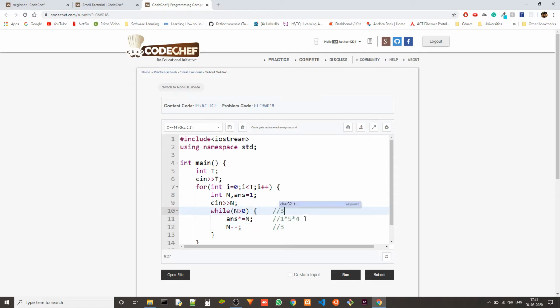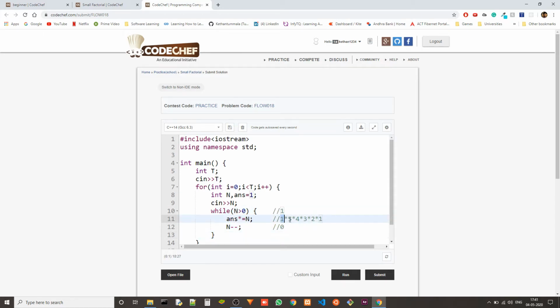Then this is 3, we multiply it with 3, this is 2, we multiply it with 2, and then this is 1. It is still greater than 0, so we multiply it with 1, and now it is 0. Since it is not greater than 0 anymore, the while loop breaks.